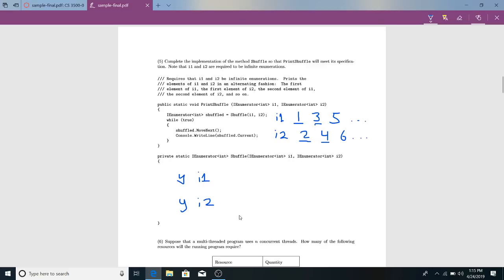Can you go into a little more depth on why, if it's an infinite enumeration, we can do that while true? Can you go into that once more? So if you were in a normal method that's not an enumerator and you did while true, it would stay in there forever, right? In this case, when you're doing an enumerator and we're using this yield return keyword,